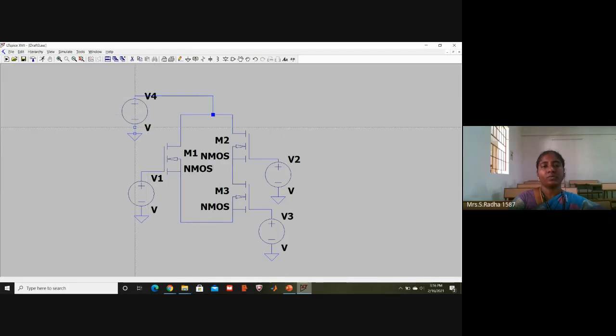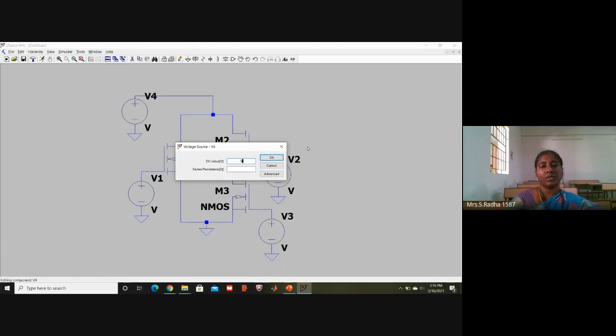And the common source point should be grounded. And I will just connect a wire. Okay. Now, this is VDD, logic 1, 5 volts I am giving.